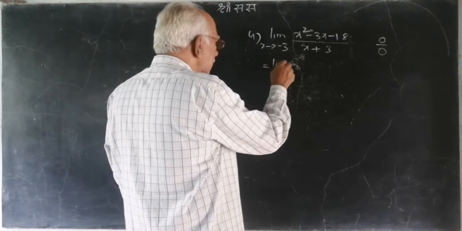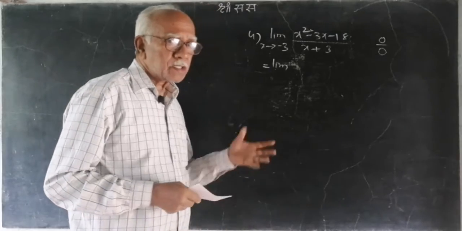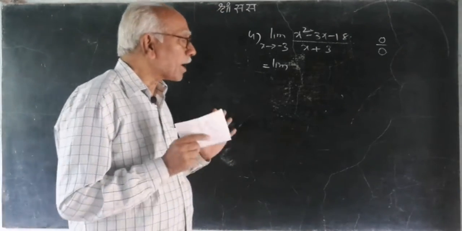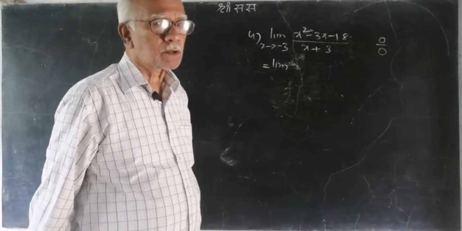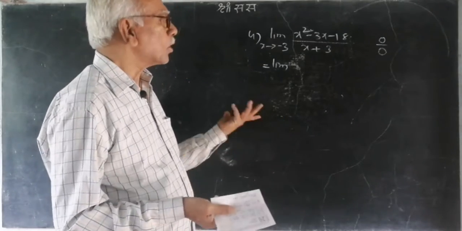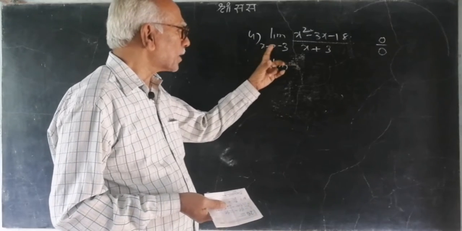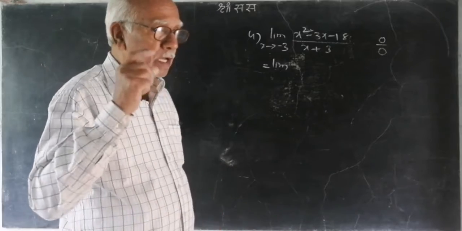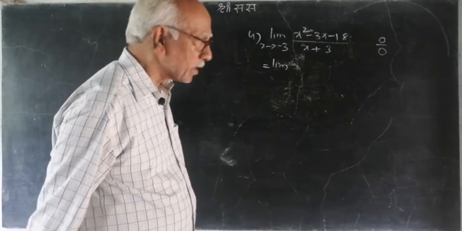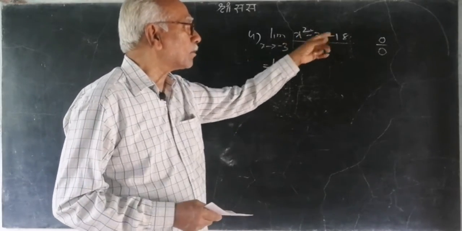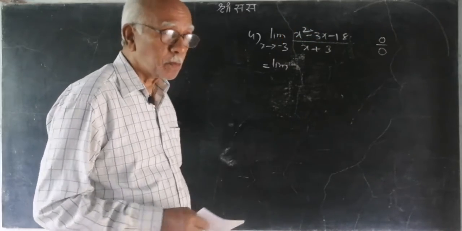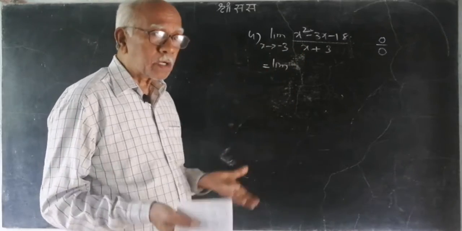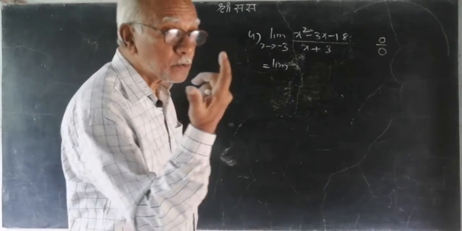So what is the method here? Factorization is a method to remove the point of discontinuity. Which factor must be removed? That is a very important question. It should not be random. See, in x you subtract this one. If you subtract minus 3, what will it be? x plus 3. So we have to eliminate the x plus 3 factor, which implies x plus 3 must be a factor of this particular numerator. Whenever you have a quadratic function and you know one factor, you can easily write down the other factor.